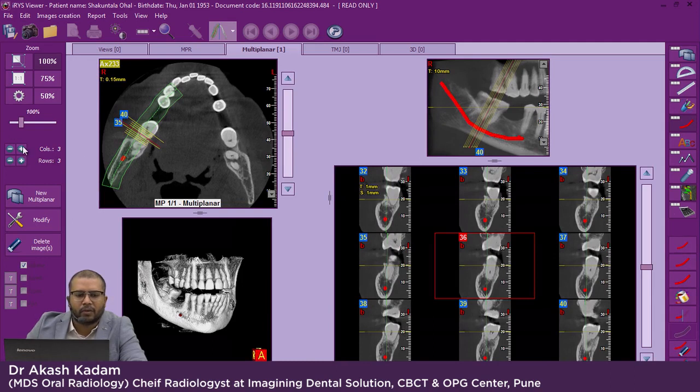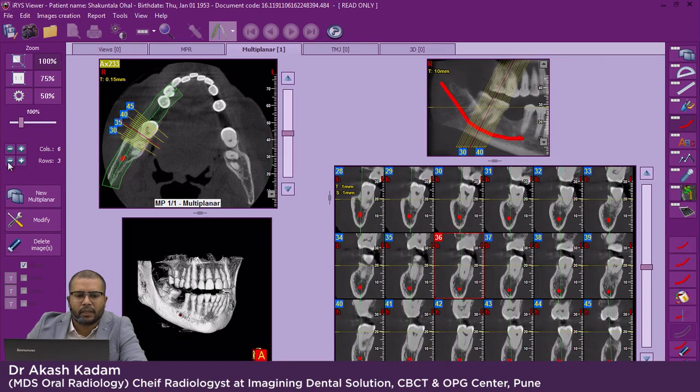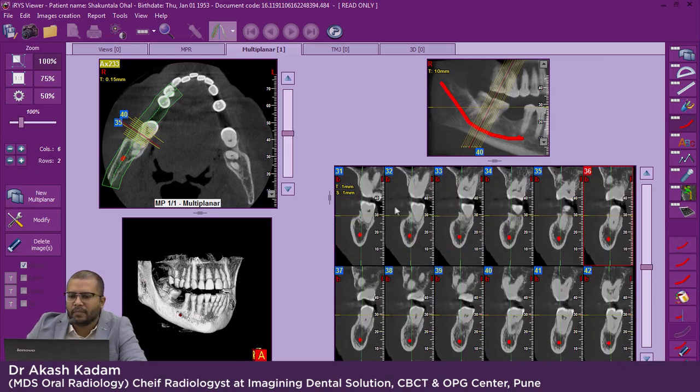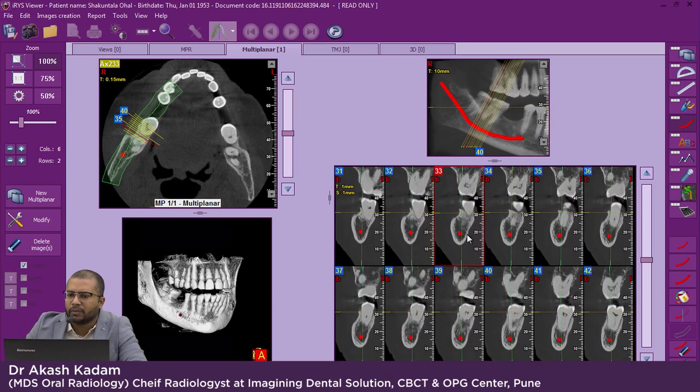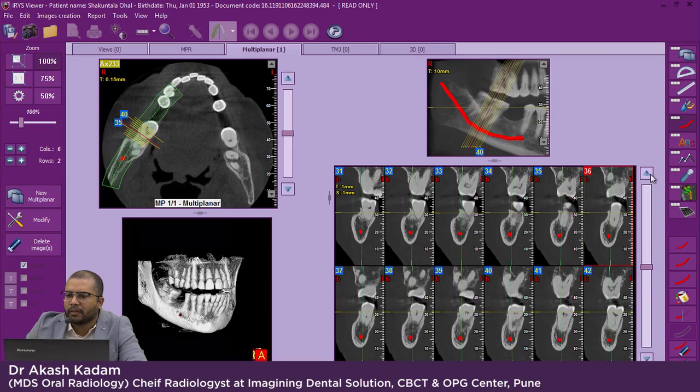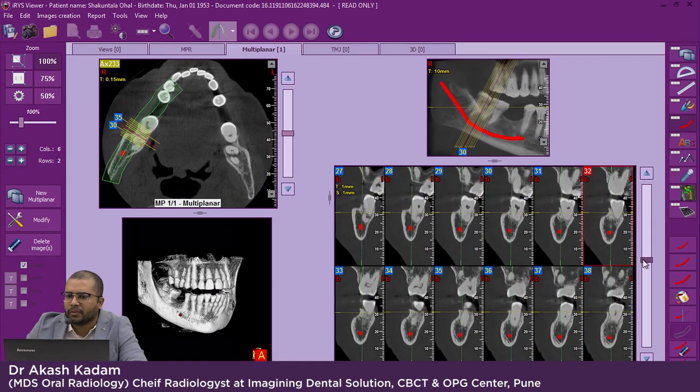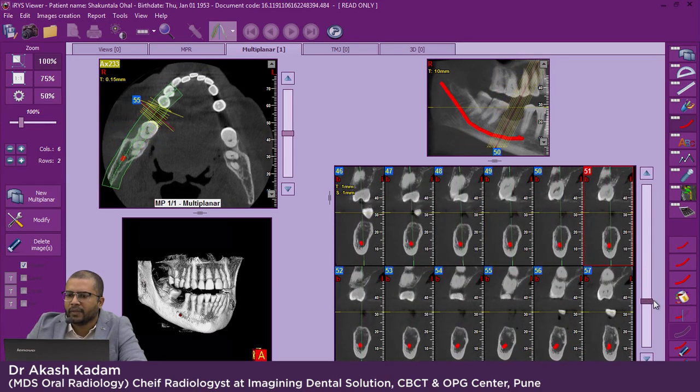Now we will increase the column size. I generally keep it to 6 and I will decrease the row size. You can modify this as per your needs. Now in this the mandible is seen, you can drag it anyways to see it clearly. Now T is the thickness of the cross sections and S is the thickness of each slice. So it is 1 mm. Now we will scroll to come to the area of interest. Sorry. So this is our area of interest.